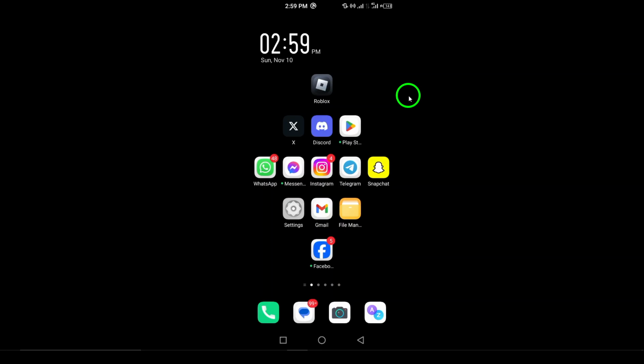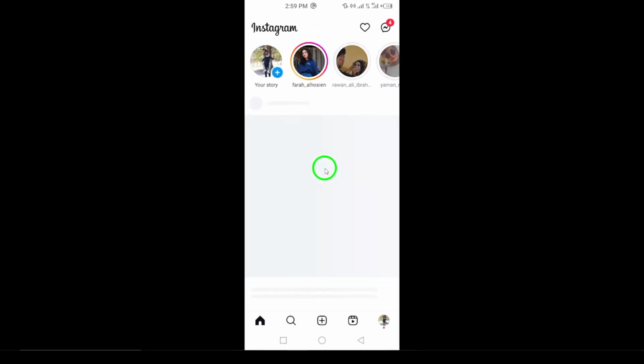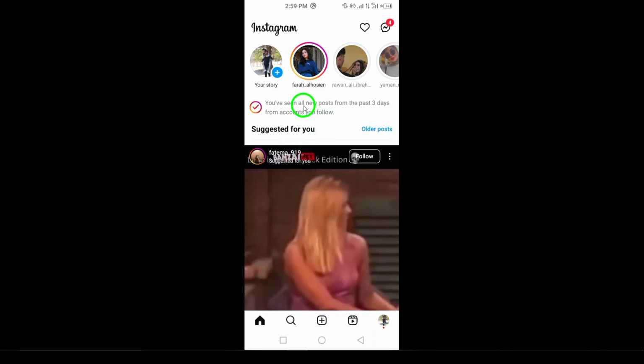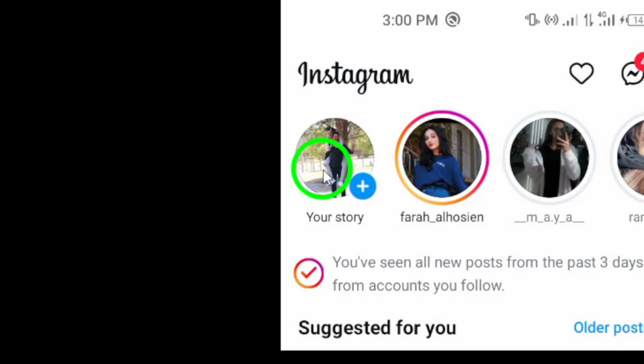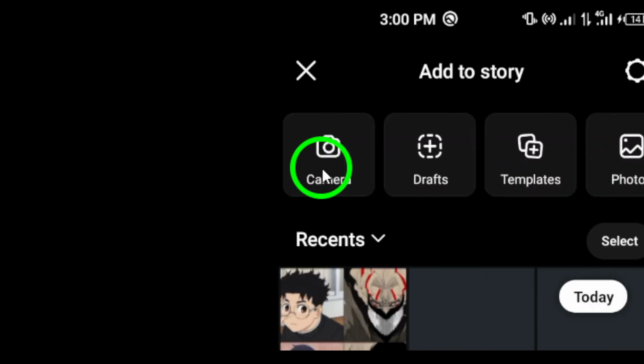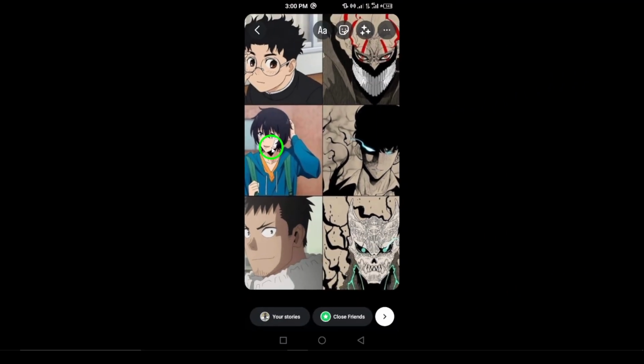Let's dive in. First, open the Instagram app on your Android device. Once you're logged in, tap on Your Story at the top left corner to start creating your story. Next, select the photo you want to add to your story. Whether it's a picture you've already taken or one you just snapped, pick the image that you want to share